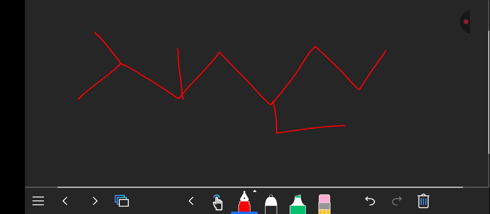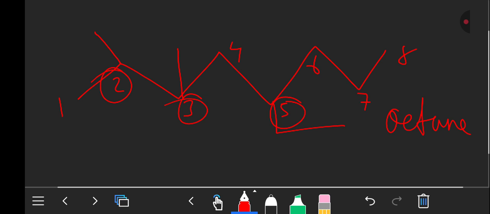So the name of this compound would be, I number it, so 1, 2, 3, 4, 5, 6, 7, 8. So the parent name is actually octane. Now let's consider the substituents. The substituents will be, at position number 2 I have a methyl. At position number 3 I have a methyl. At position number 5 I have